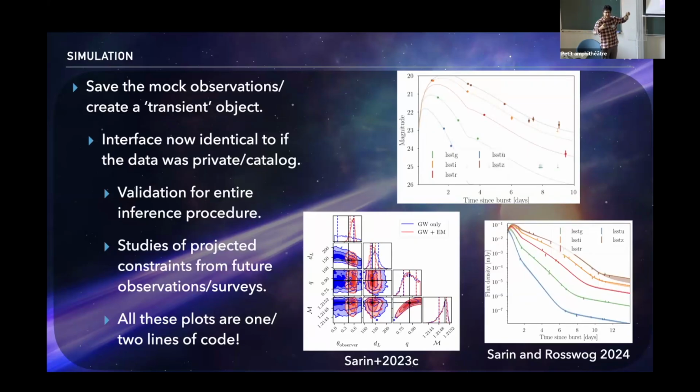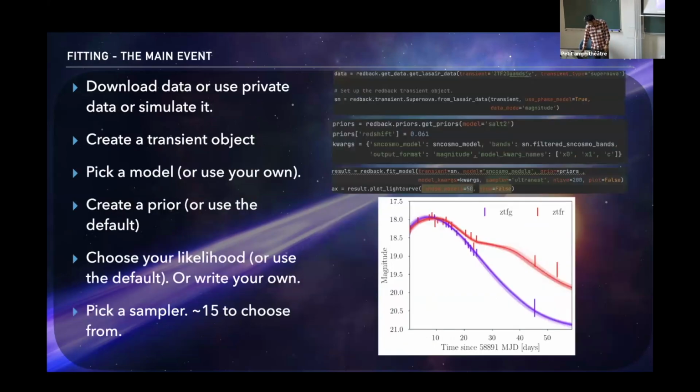But then because of the clean interface to Bilby, you can also do joint parameter estimation with the gravitational wave signal. For example, if you know that there's a simulated event which was a kilonova from the same binary neutron star merger, you can link both of them, the Bilby parameter estimation on the gravitational wave side and the parameter estimation from the kilonova side, to jointly infer properties. And there are various other things you can do with that.